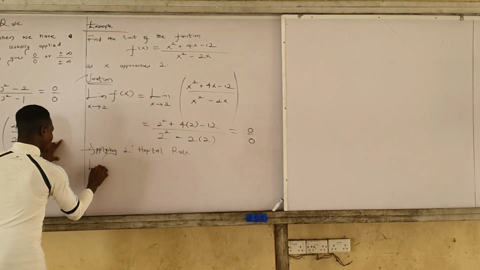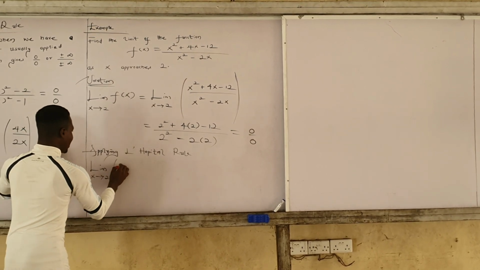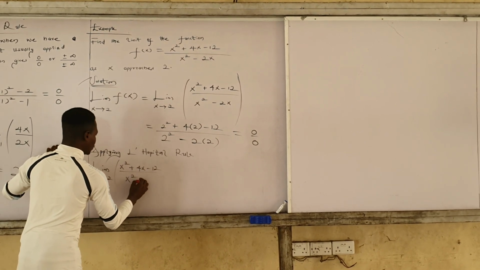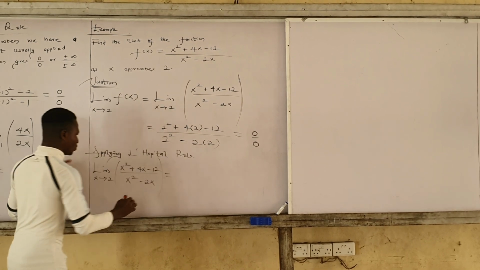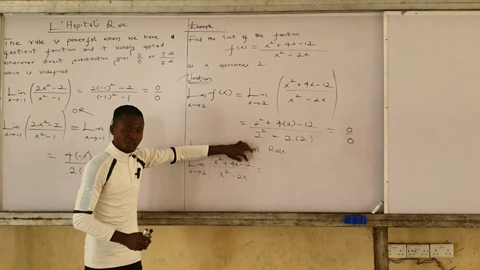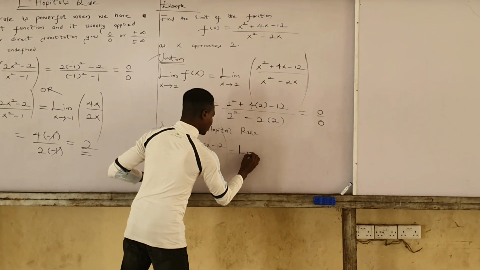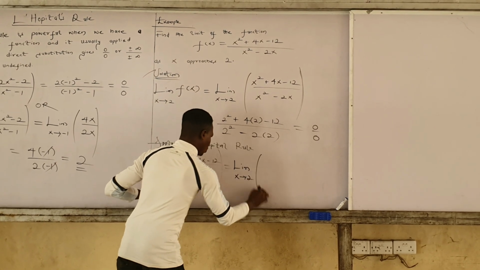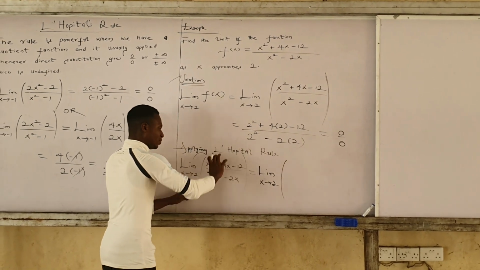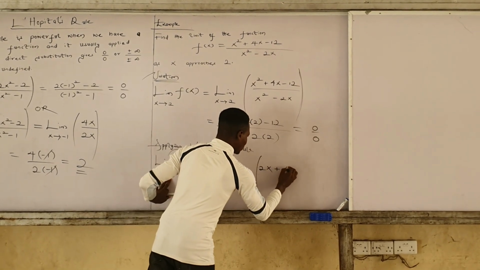we have that the limit of the function as x tends to 2 of x raised to the power of 2 plus 4x minus 12 all over x raised to the power of 2 minus 2x is equal to, applying the L'Hopital's rule, which demands that we differentiate each of the functions just the way they appear. So by differentiation, we have the limit as x approaches 2 of, applying the power rule to each term, 2x plus 4,